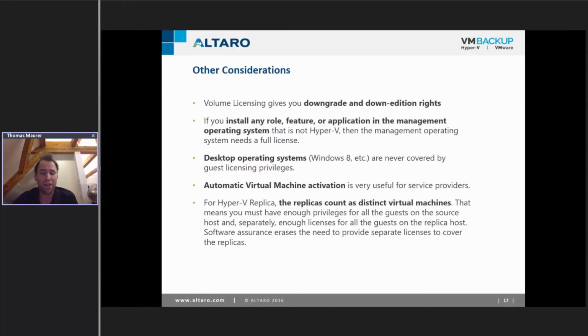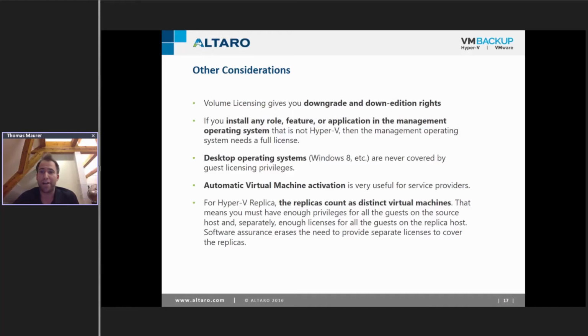So I wouldn't, technically, recommend having a Hyper-V host which is also a domain controller or a DNS server or whatsoever. A Hyper-V server, in my opinion, should just be a Hyper-V server, right? There shouldn't be other roles and features on it. You should just use it as a virtualization host. But you could do that, and in that case, one of your licenses is counting as a virtual machine there.